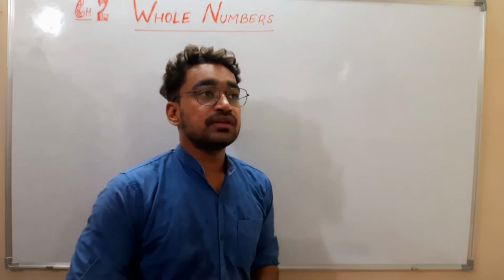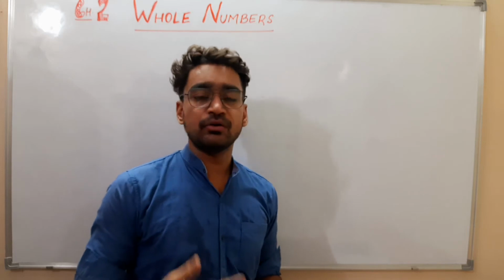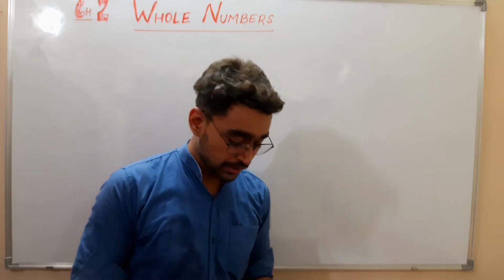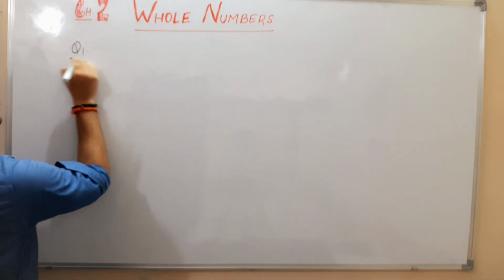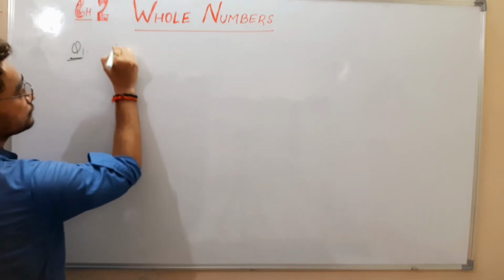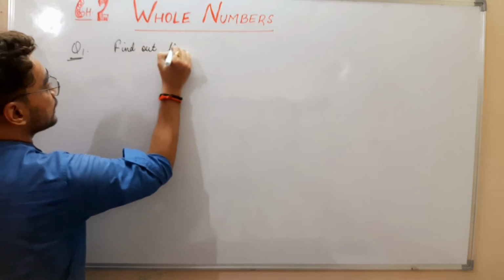What I'm going to do is not solve question number 1 and question number 2 completely. I'm just solving one or two parts so that you will be able to solve the other parts by yourself. That will be better. So the first question, question number 1, says: find out the sum